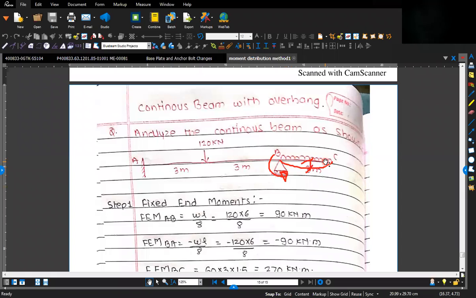We have done a simple calculation. In general, this support C doesn't have any load. We can assume fixed only when the ends are simply supported, roller or hinge. If it is an overhang, then we cannot assume it as fixed, or provide any moment here. The moment at CB will be 0. That's why we do not consider BC as fixed. So we'll calculate the moment as in the conventional method.